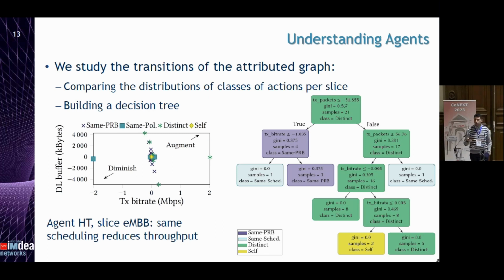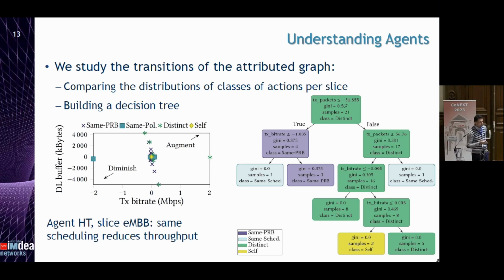This is very flexible. You can build such explanations per slice and per different elements in the state. Here, I just represent two: the transmission bit rate versus the buffer size occupancy. This also gives you a very neat structure, because on the one side you have information that compares this distribution, and on the other side, the class of the action transition. So this allows you to create a very nice decision tree that provides you the explanation.